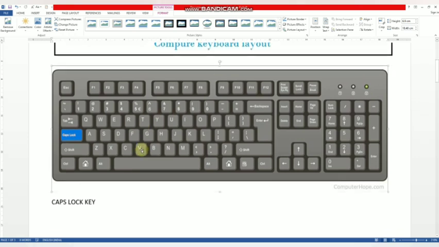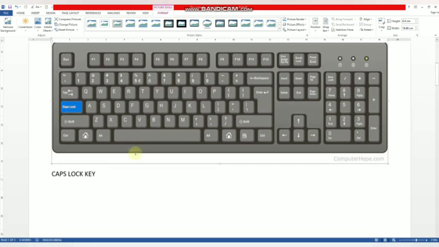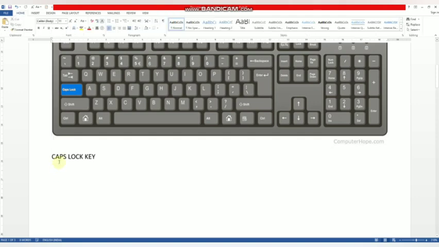So, when the caps lock key is on, all the alphabets that are typed appear in capitals on the monitor. For example, if you want to type the word mouse, I press the caps lock key, it is on now, and then I write the spelling of mouse, M-O-U-S-E.